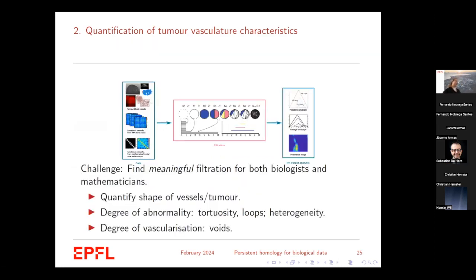So we wanted to address this question from a topological data analysis perspective, and the challenge here was really to find a filtration that would be meaningful for both the biologists and the mathematicians. The goals that we had were to quantify the shape of the vessels or of the tumor, to have a notion of degree of abnormality. Here we define this to be the tortuosity of the vessels and loops that are present in these vascular networks, and also the heterogeneity of these features across space. And then we were also interested in the degree of vascularization, which you can think of as measuring the voids